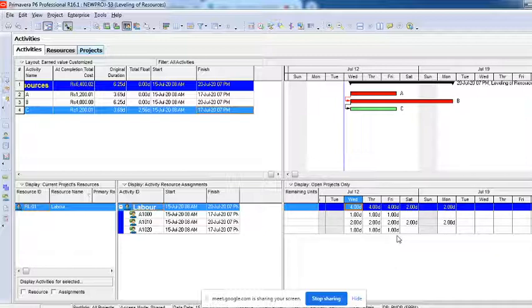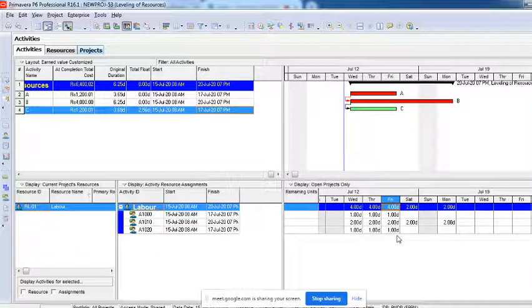Duration will increase. Yes or no? If I have to finish it in 6 days, I need 12 units of labor. But if the committed resources are only 3 per day, we will get only 6 units in these 6 days.